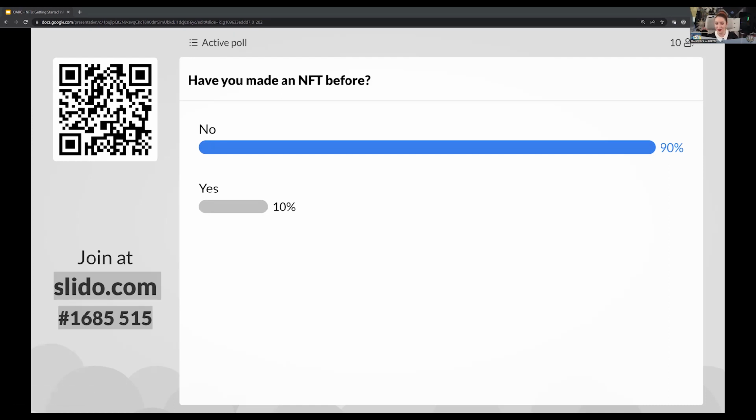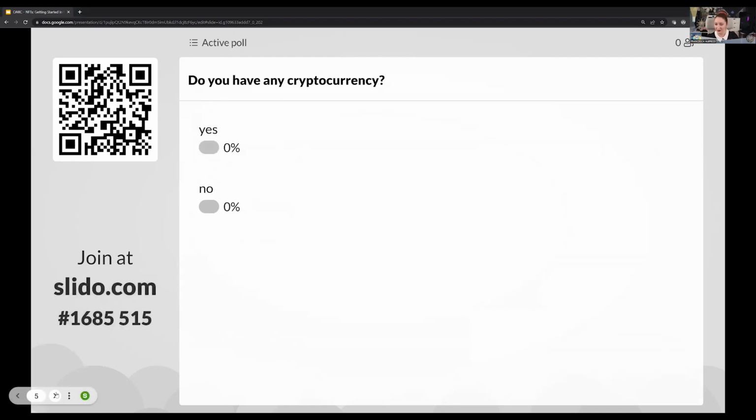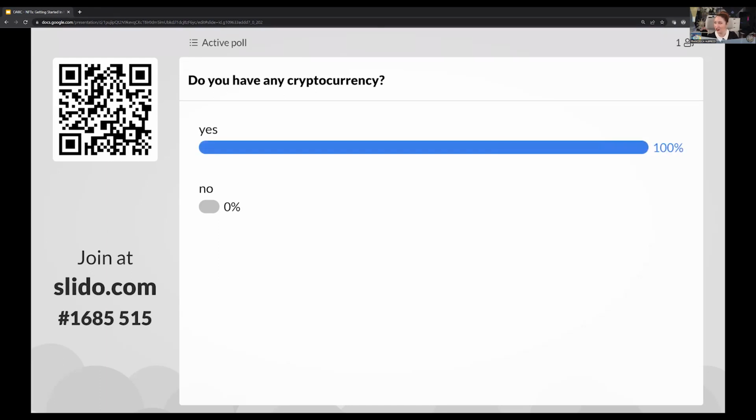So most people haven't. Our final question for today before we get started is, do you have any cryptocurrency? Have you invested in this at all? Do you own some cryptocurrencies? Do you use crypto wallets? What's your familiarity there?